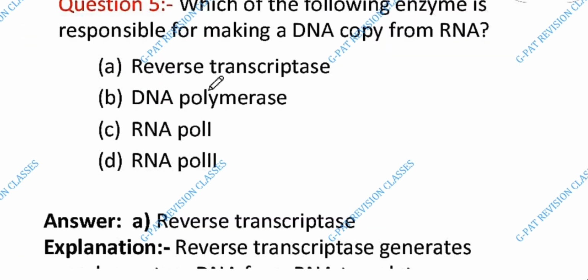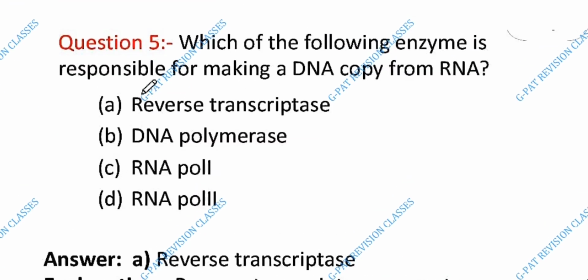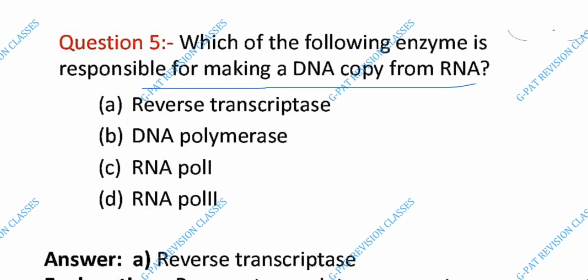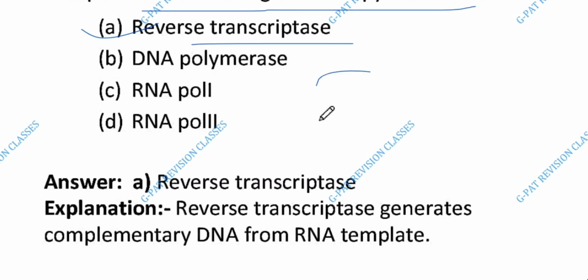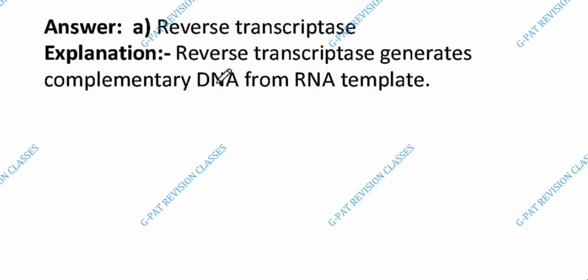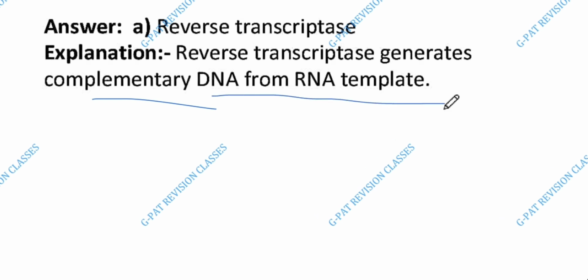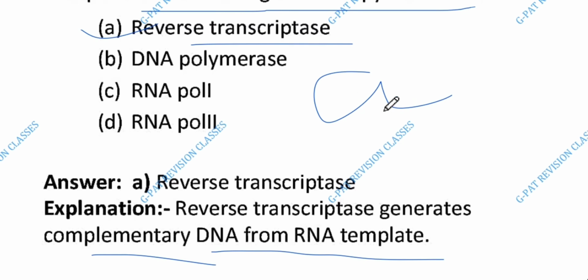5 question number. Which of the following enzymes is responsible for making a DNA copy of RNA? The answer is A, reverse transcriptase. Explanation: reverse transcriptase generates complementary DNA from RNA templates. The answer is A. Okay. Next is